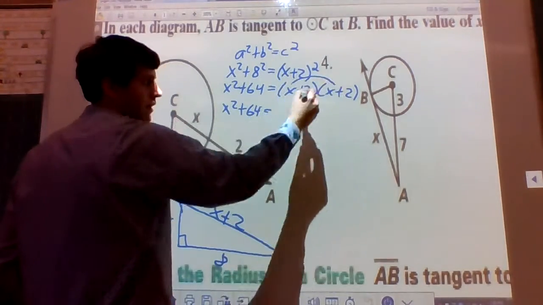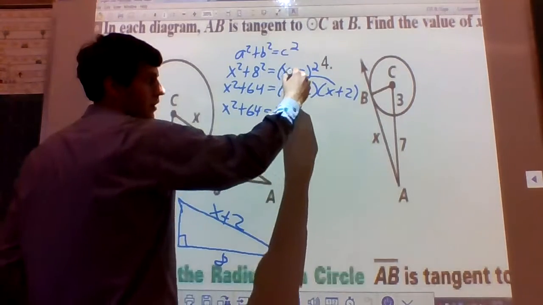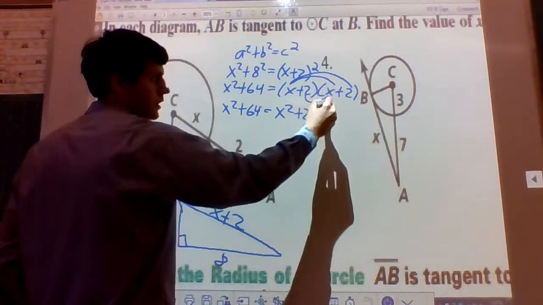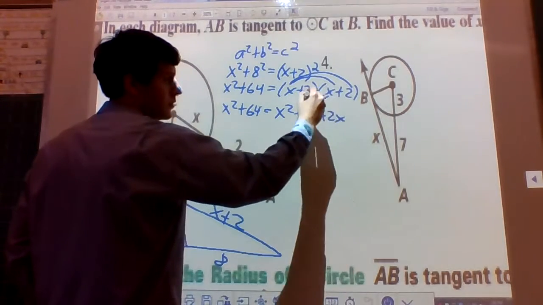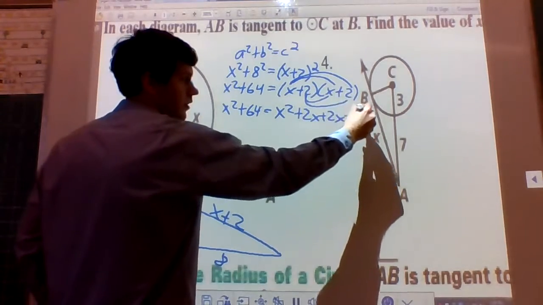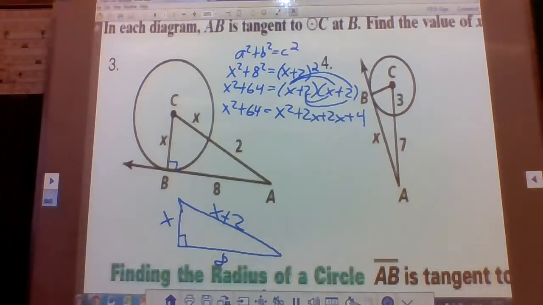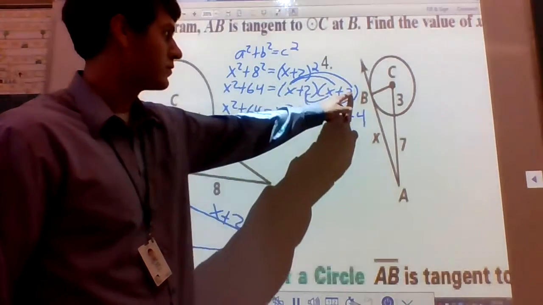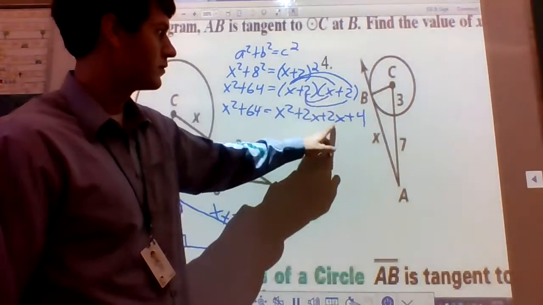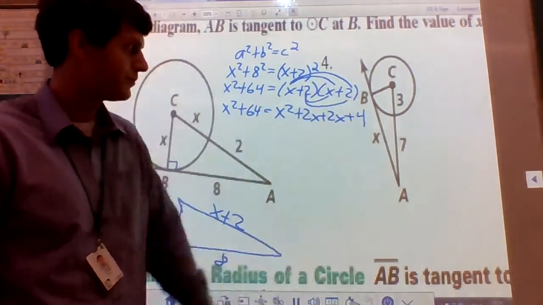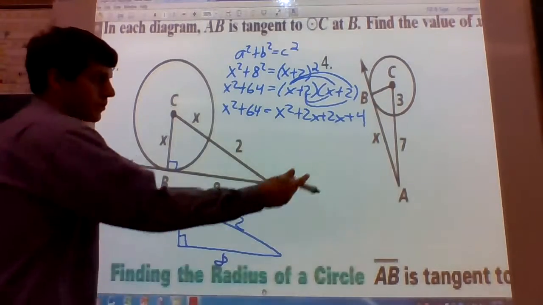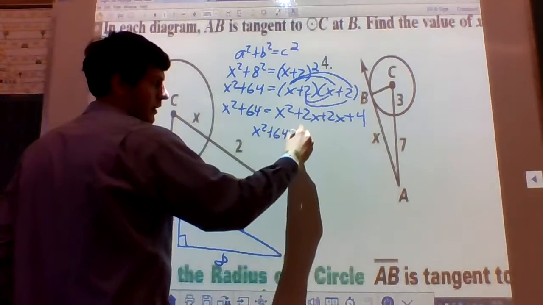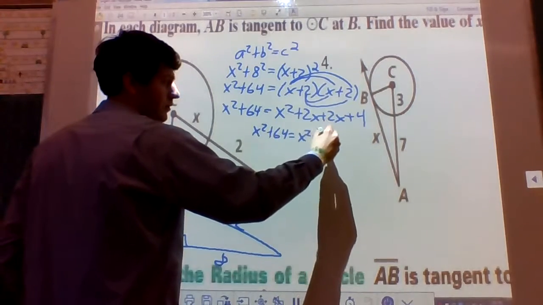So first, x times x is x squared. X times 2 is 2x. 2 times x is 2x. 2 times 2 is 4. First, outer, inner, last. So combining like terms, we're going to have x squared plus 64 equals x squared plus 4x